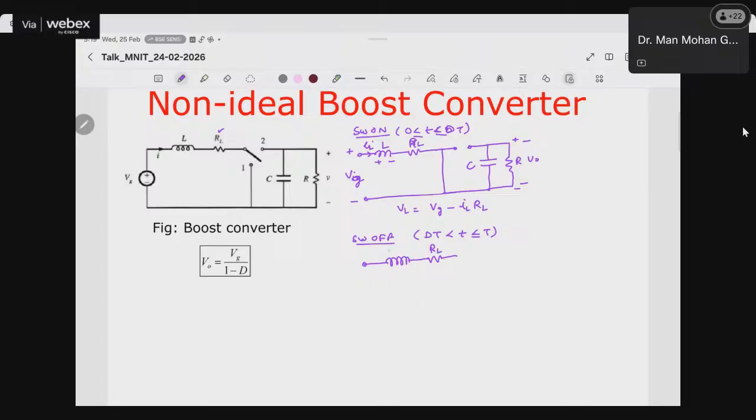This is RL, this is L. So the switch is off, and now the diode is on. Diode is on, switch is off, and this is capacitance, and this is resistance, and this is our output voltage. So in this case,